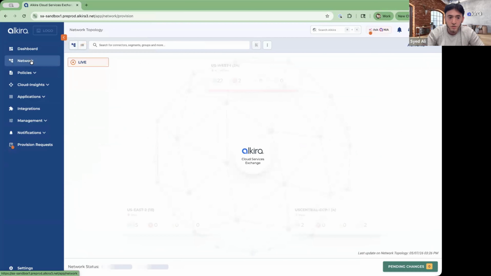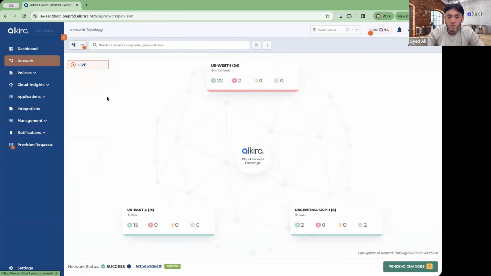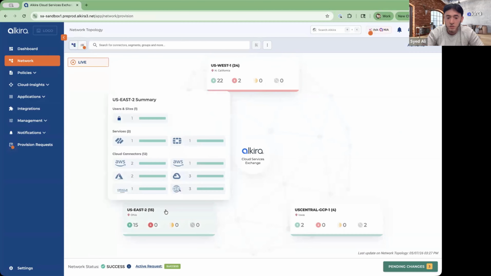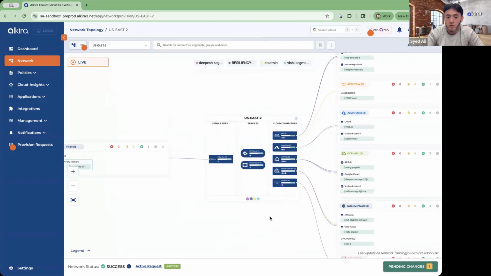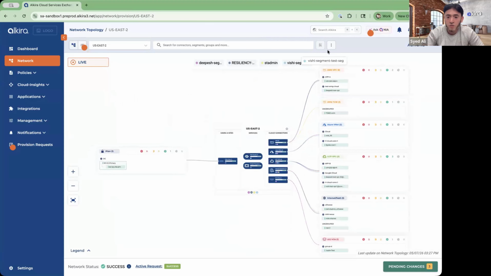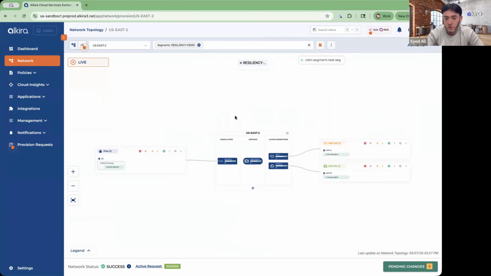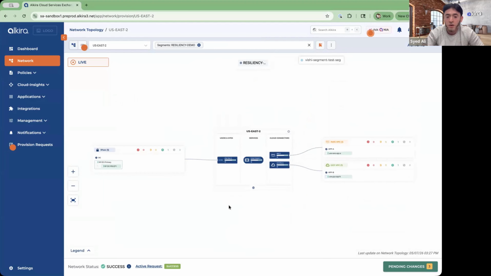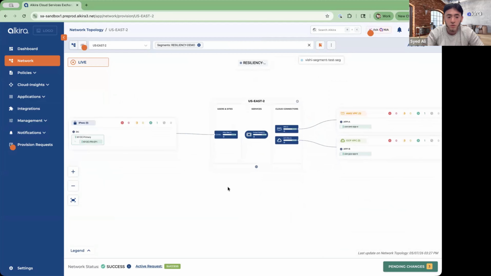But I'm going to jump into this network section, which shows, for this environment that I'm logged into, which is our test environment, I have 3 global regions. I'm going to focus in specifically on US East and the US Central region. And specifically, the demo that we're going to be doing is this resiliency demo, which is going to be on one of the segments that we're going to focus on for this particular demo.